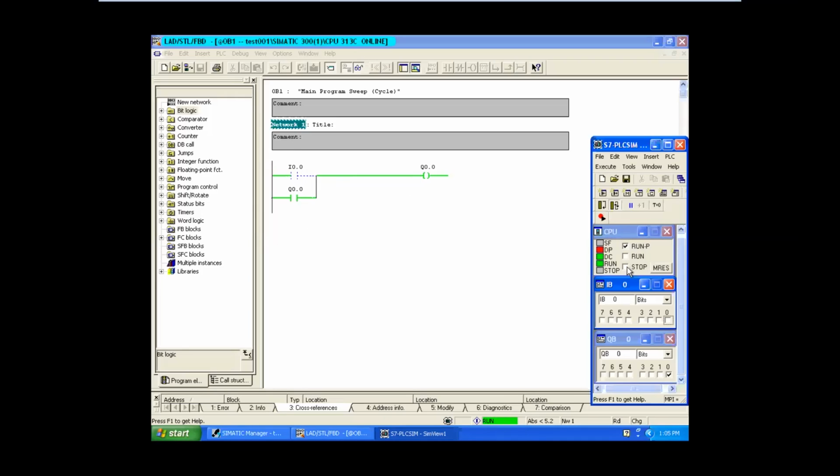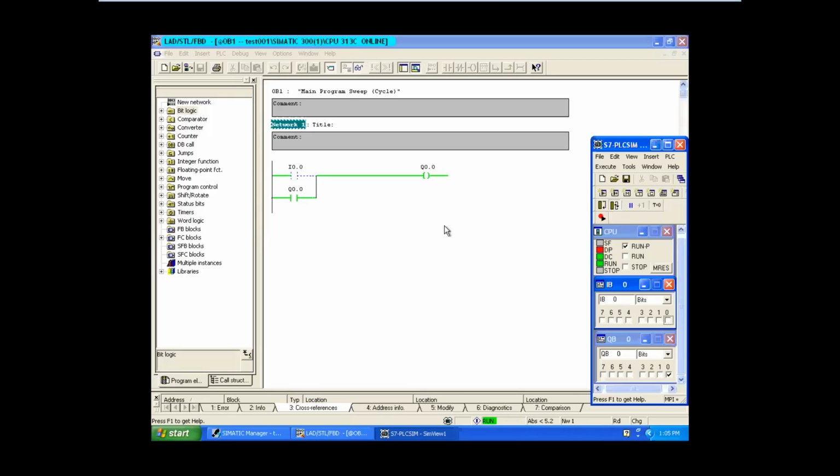Fine. So now you may have another confusion. So yes, I have turned on. So how to turn off this? Somewhere, in some place, I need to turn off my motor, right? Q 0.0 we need to turn off in some place. Correct? So how to turn off? Obviously, with I 0.0 we cannot turn off.